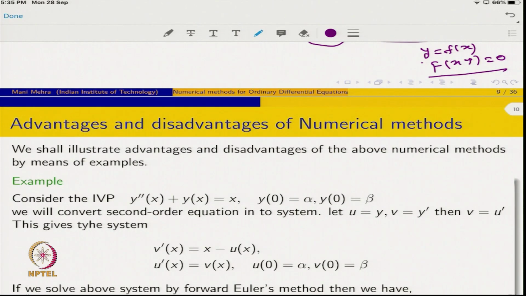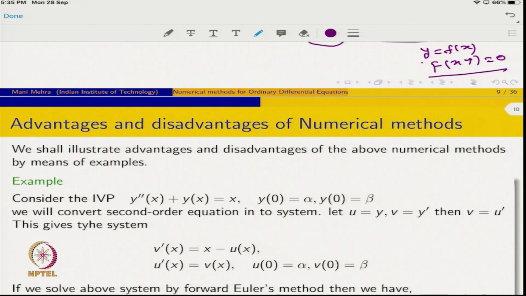Yeah. So, basically we have seen Taylor series methods, the forward Euler method and the trapezoidal method. All Taylor series methods you can see will be explicit methods, though in detail we have seen only one special case of a Taylor series method, which is the forward Euler method. But if you retain 2 terms, 3 terms, 4 terms without doing any manipulation, then also it will be an explicit method, okay. So, now let me go to the next slide, which is the advantage and disadvantage of the numerical method. So, here we will take a few examples.